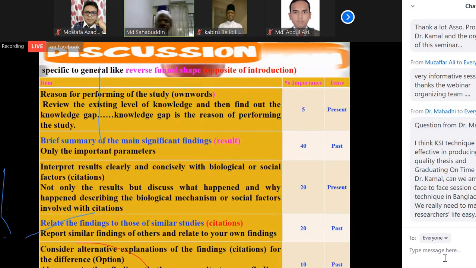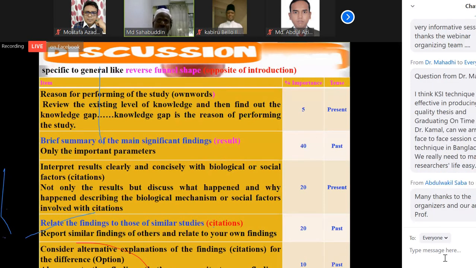alternative explanation. Sometimes result may be opposite from your result. In this case, you can also highlight the opposite result and why opposite. You have to give the explanation with the mechanism and the citation. In the social science, very important might be, but for the pure science, maybe no need. You can avoid the alternate explanation. But sometimes if you need, you just can give the idea why your result is opposite from the previous result.